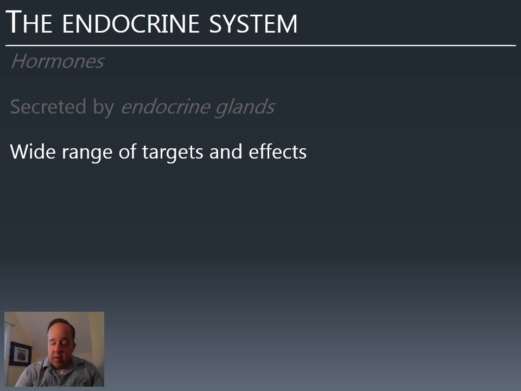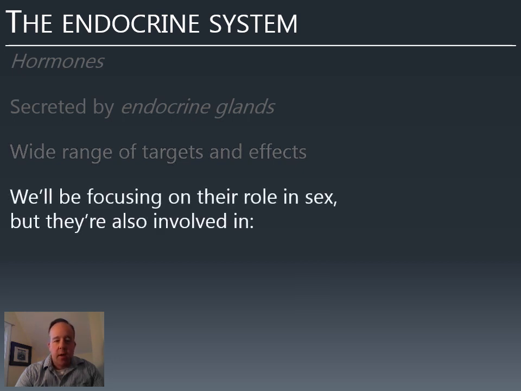They affect a lot of different tissues. They have a lot of different effects in terms of what they make those tissues do. Sometimes all they do is make that tissue release another hormone of its own. We're going to see a chain of hormone release in this unit. And we're going to focus on sex and sexual behavior as an example, but they're involved in a number of